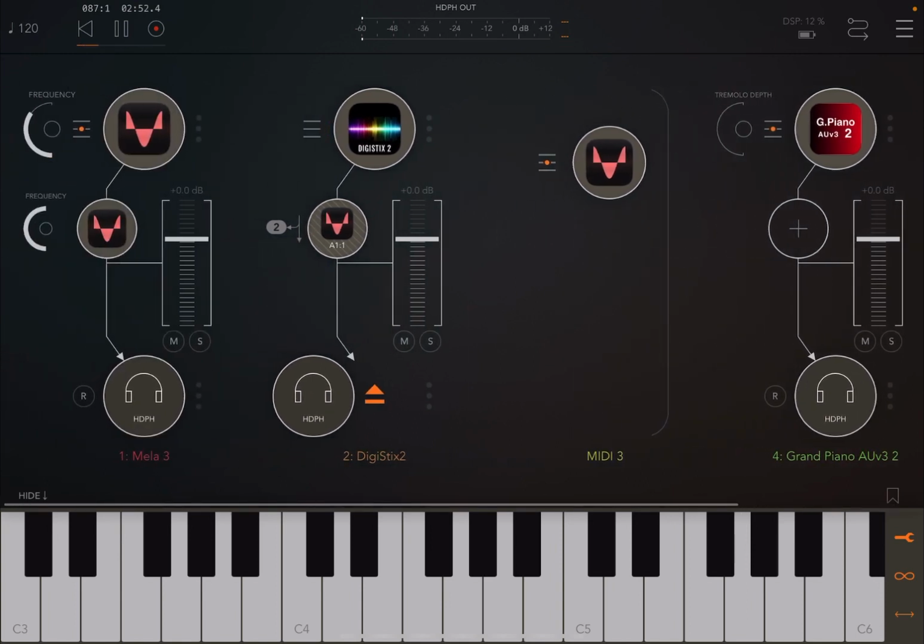Hopefully, as you can see, it's a complete suite. You can use Mela 3 now as a synth in standalone mode, as an AUv3 plugin. You can use it as an insert effect, and also you can use it as a MIDI processor, which is fantastic. And of course, not only inside AUM, but also other hosts like